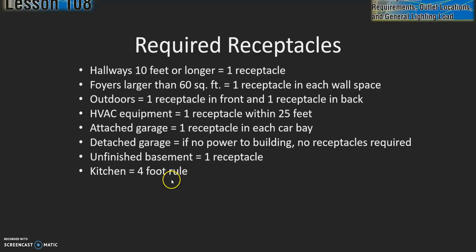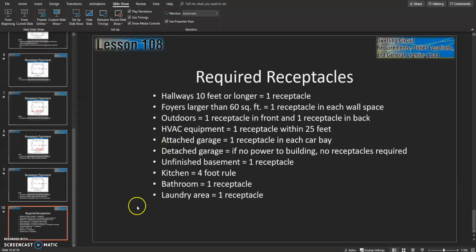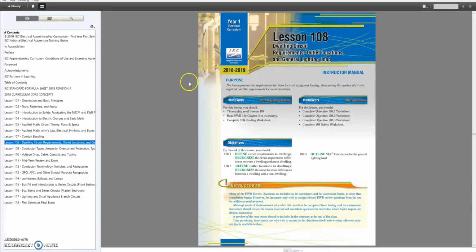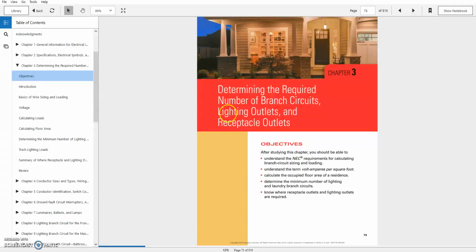For your kitchen, we actually have a 4 foot rule, so no wall space is more than 2 foot from a receptacle. We have a whole chapter on just that, so we'll hit that a little bit later on. Bathroom, minimum of 1, and again, there are some finer points, but we'll hit a chapter on that specifically as well. Laundry area, same story, minimum 1, more to come later. So again, there's a ton of stuff in your lesson 108, Chapter 3, so be sure to read those carefully. Keep in mind some of the rules we just went over, and I think we'll find